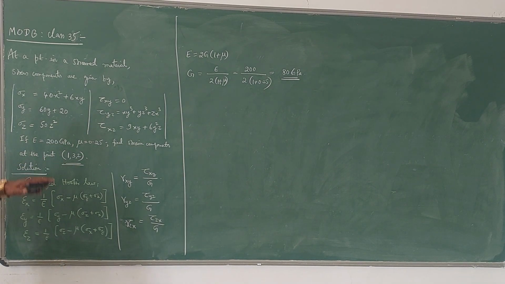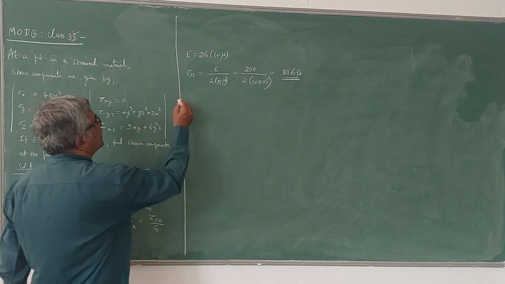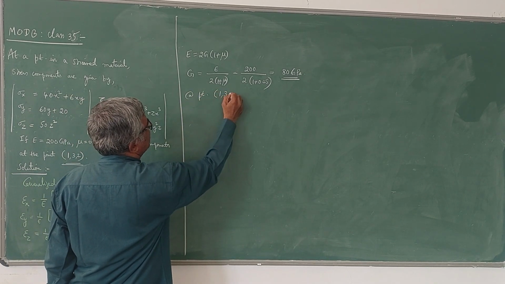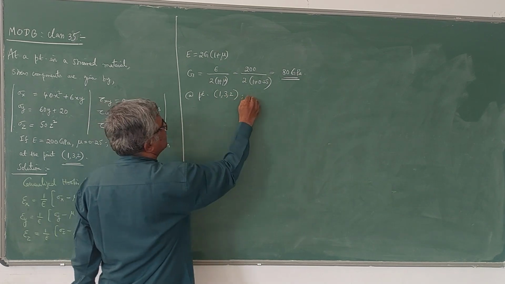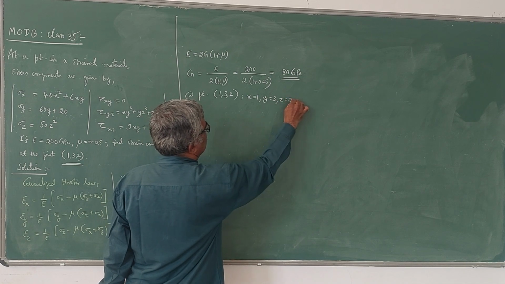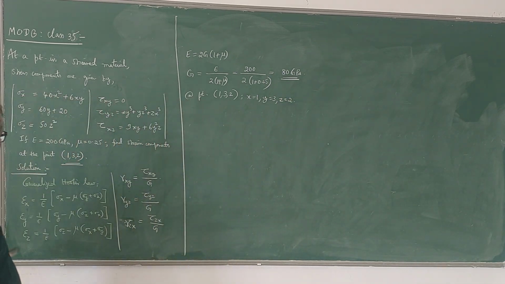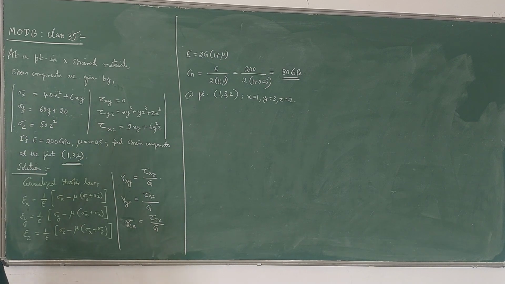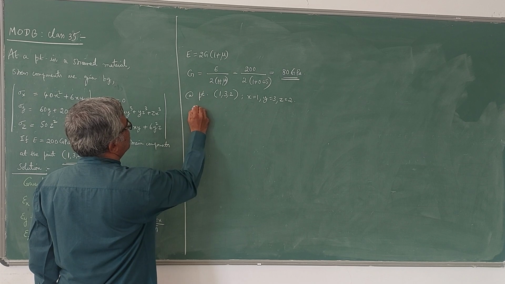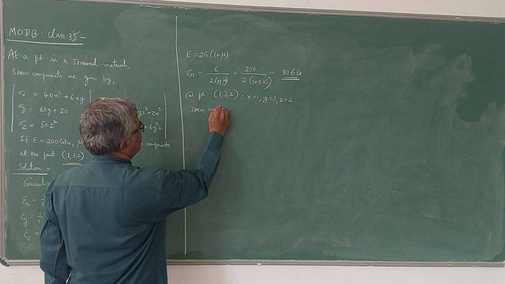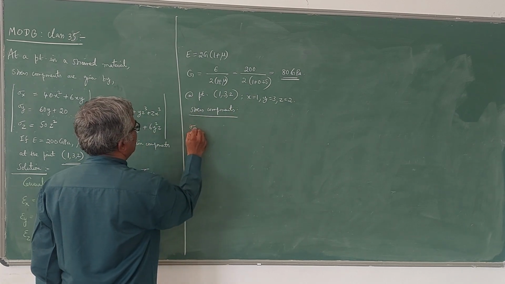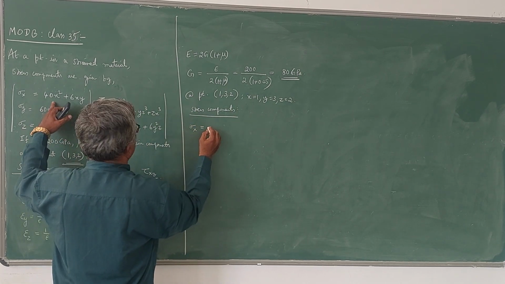Now, since the point has been given in the tested material of the body, (1, 3, 2), x is equal to 1, y is equal to 3, z is equal to 2. Now let us calculate the values of these stresses at that particular point by putting the values of x, y, z. So the stress components at that point will be, sigma x will be,